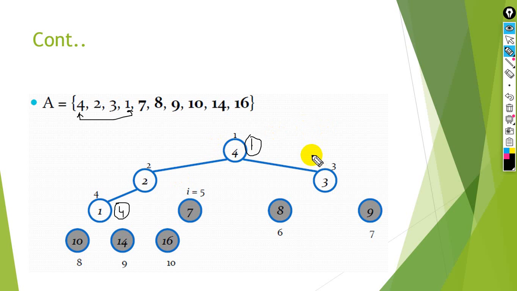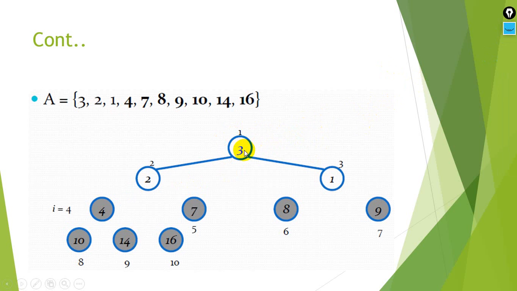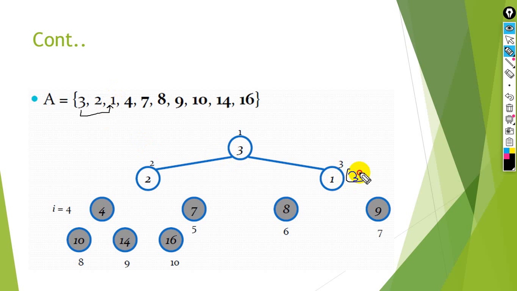After that we apply the heapify function here so that it becomes a max heap. So now it will be in this case. So now we again swap the maximum value and this value. So now 3 will be swapped with 1, so 3 will take this place and 1 will take this place. Again 1 is less than 2, so it's not a max heap, so we will make it a max heap by applying